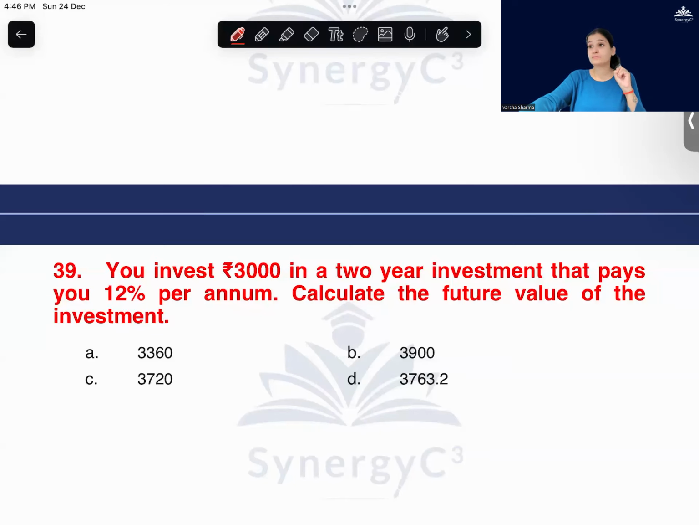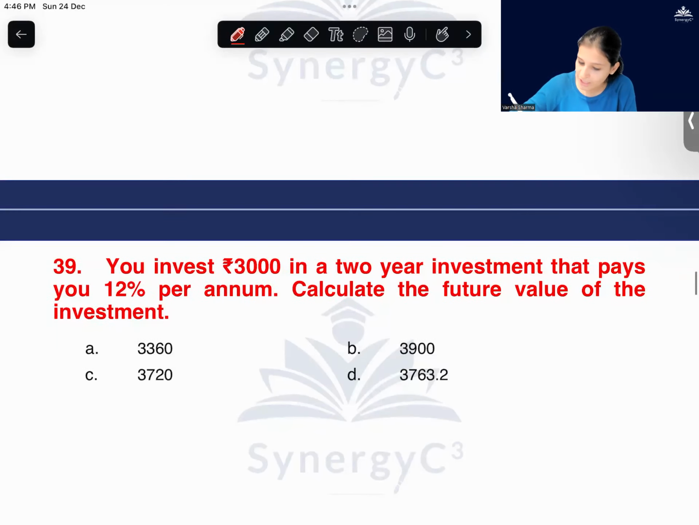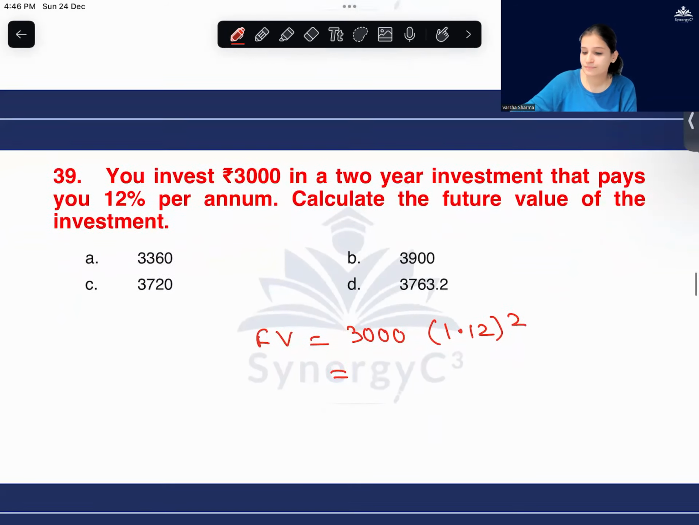The question is for future value, present value. No annuity involved. You invest rupees 3,000 in a 2-year investment that pays you 12%. Calculate the future value. They've asked you to calculate future value, but nowhere is the word annuity or making equal payment mentioned. That means it is a normal question of future value and present value. Clear? So formula: future value equals present value into (1 plus i) to the power n. Yes? Answer